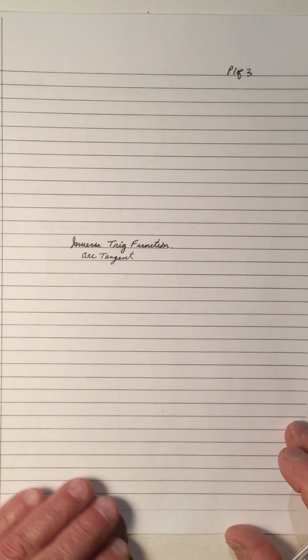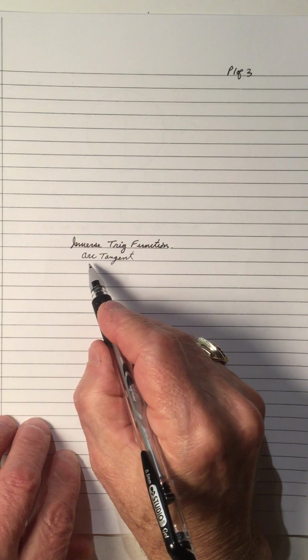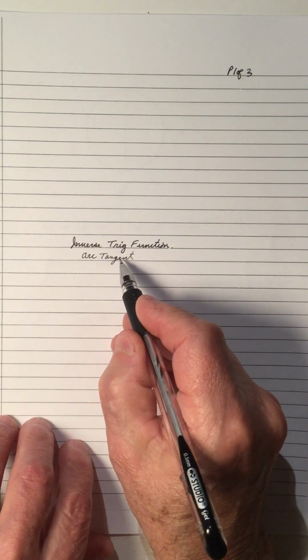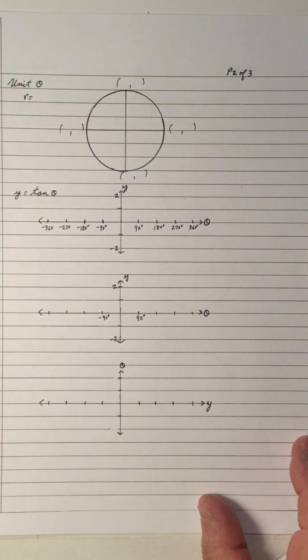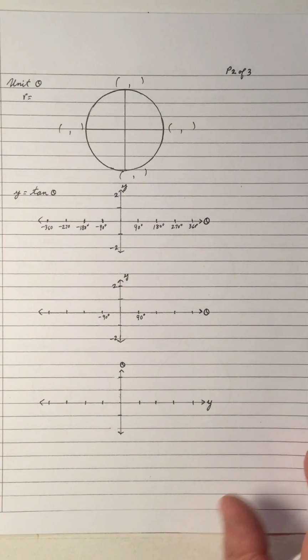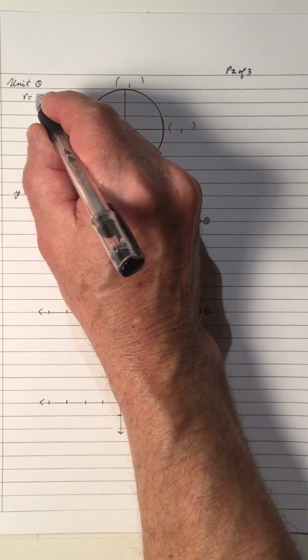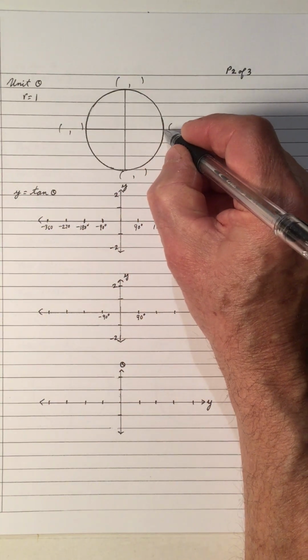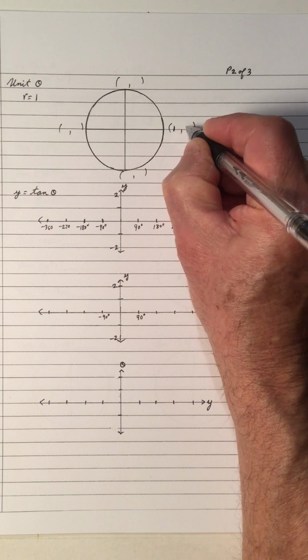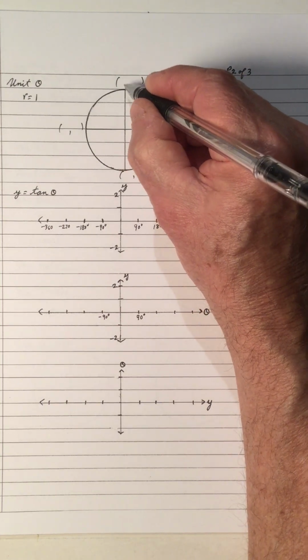Hi, welcome to my video on the inverse trig functions, and this video is on the arc tangent, so it's the inverse of tan. And as in previous videos, let's look at the unit circle whose radius is 1. So as we rotate around this circle at 0 degrees, x is 1, y is 0, and at 90, x